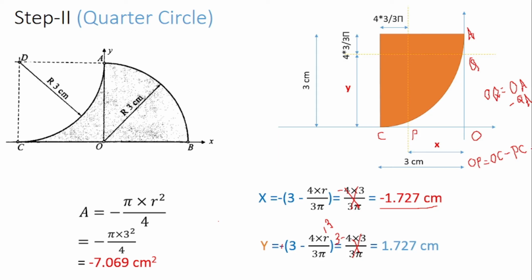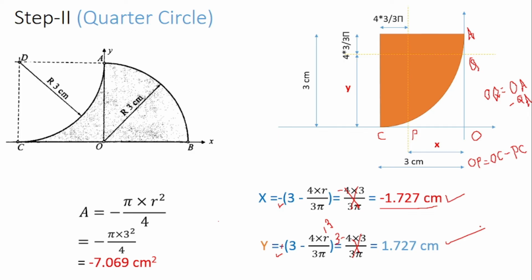X bar is equal to OP is equal to OC minus PC. So 3 minus 4r by 3 pi. This extra negative sign comes because it is in the second quadrant and on the x side. Here the sign is positive because it is on the y side. So 3 minus 4r by 3 pi, again 3 minus 4r by 3 pi. So we'll get one answer negative and one answer positive. Clear? So in this way we have calculated the value of area, x bar and y bar for the quarter circle,